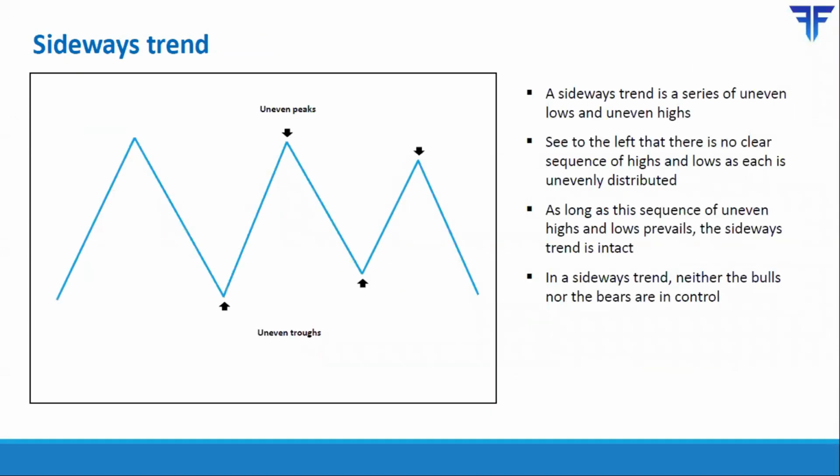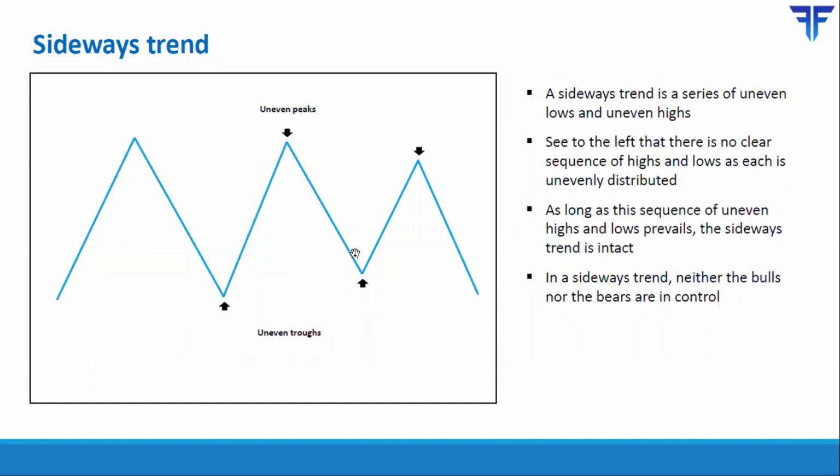The third type of trend is something that's called a sideways trend. So it is a trend in which the price is neither moving higher nor moving lower. As you can see, a sideways trend is characterized by uneven peaks and uneven troughs. So it represents a price action wherein net nothing much is happening. Neither are the resistances being convincingly broken, nor are the supports being convincingly broken. So essentially, you see prices moving in a lateral or sideways range.